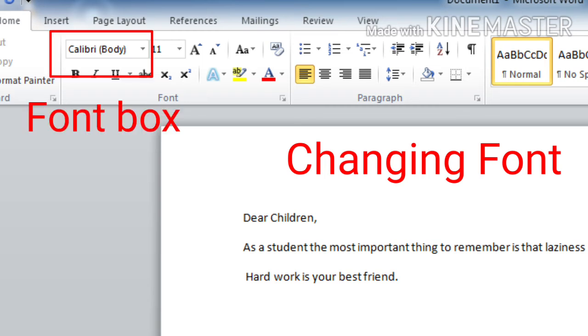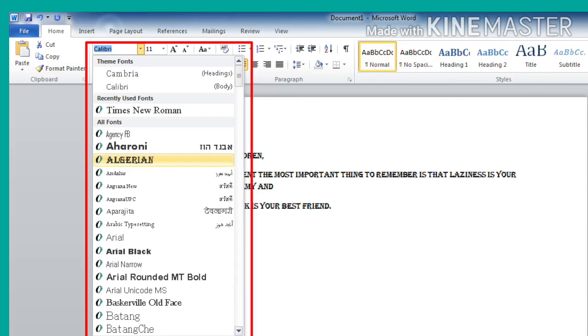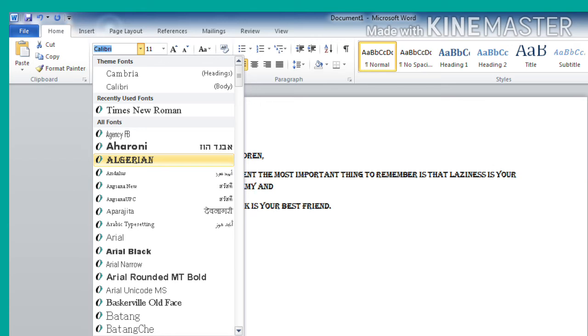Here you can see the font box, and when you click on the drop down arrow, you can see a list of fonts. From that, click on any desired font, so that when you type, the text will appear in that selected font. Even after typing your text, you can change the font. How?